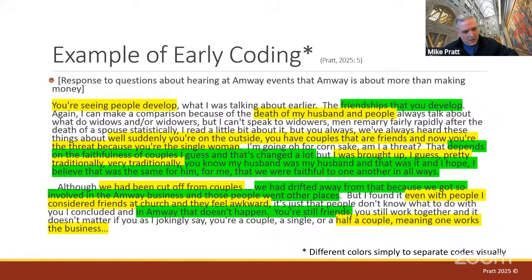So I'm probably going to code the first time pretty close to the data. Notice this is not line by line. The other problem I have with line by line coding is it depends on what your font size is, what your margins are, what a line is. So it's kind of arbitrary. If I have 12-point font and 1-inch margins, then what a line is on my text is going to be different if I have 11.5 font and 1.5 margins.